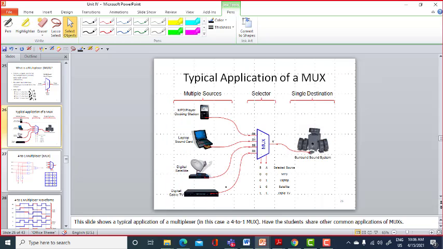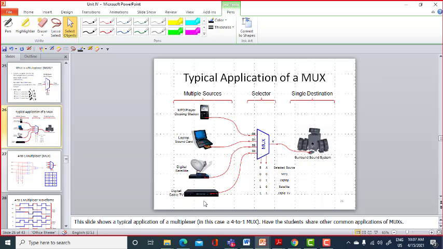Okay. So assume here you have a sound system at your home. You can have an MP3 player, and you have a laptop, and you have a digital satellite from where you need the data that is sent by your satellite or your dish antenna to be transferred to your sound system or your VCD or your player.